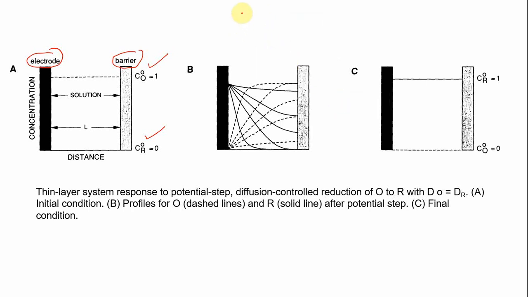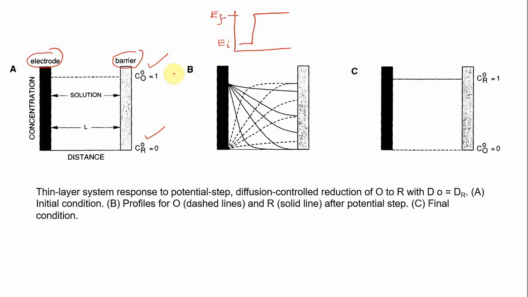Okay, so the potential is, that is E, let's say it is E_I, and then at some time it is stepped, and then it moves like this. Okay, so this is the step, and let's say that at this point it is